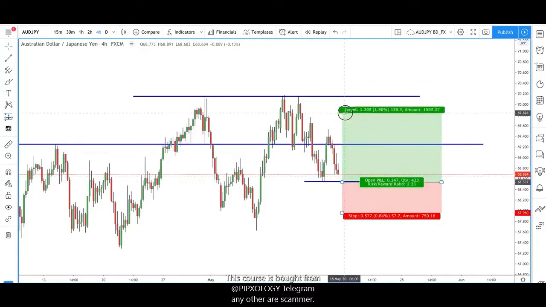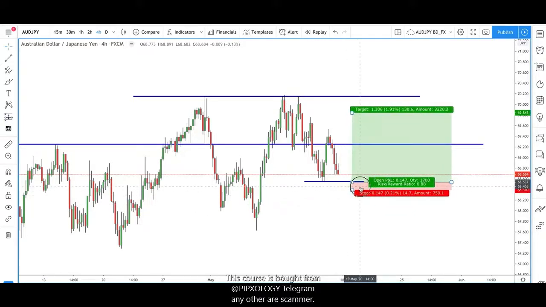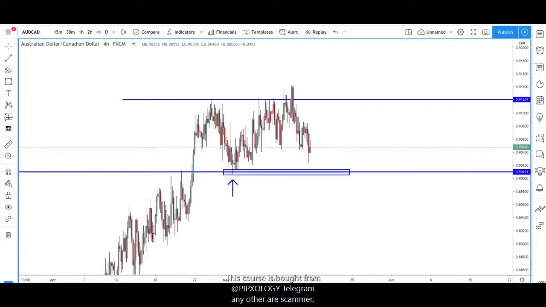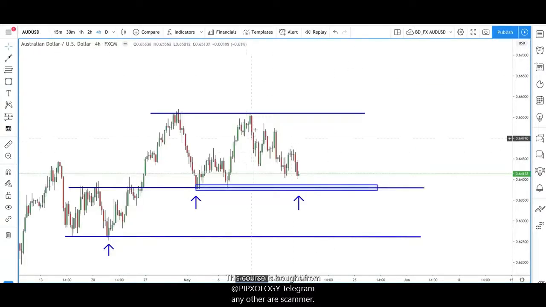Again, Aussie dollar pairs will usually move in tandem with each other. So we could be looking for one more push up to the upside, sort of what we were looking for last week. Where were we last week? The 12th. So we had a push up, a push down, a push up, a push down. It sort of didn't do too much here with the news. It hasn't really done much throughout the whole week. Aussie dollar, US dollar, it's been within about 100 pips. So I think we could still have another push back up to the upside coming into this week.